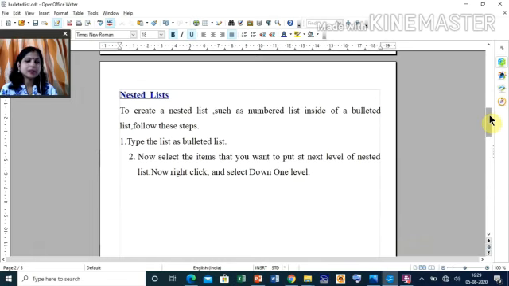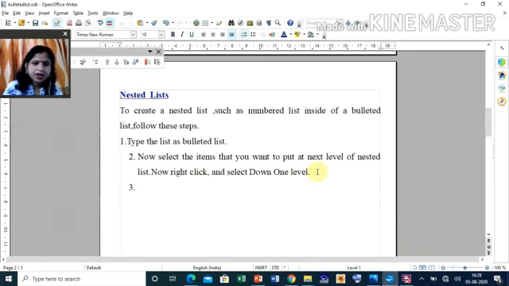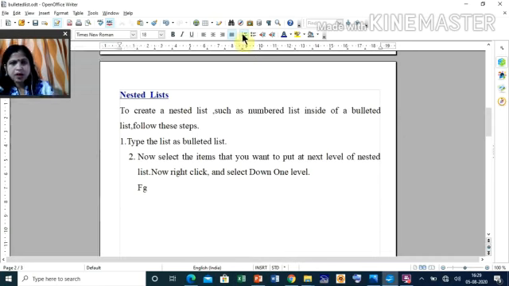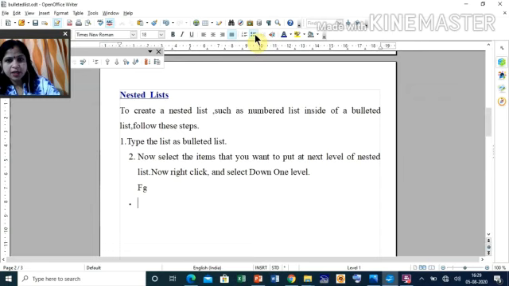Let us try one nested list. How to do it? First I will go for the numbered list. Here suppose I type a bulleted list, because I have already started the numbered list, so it is coming like this.